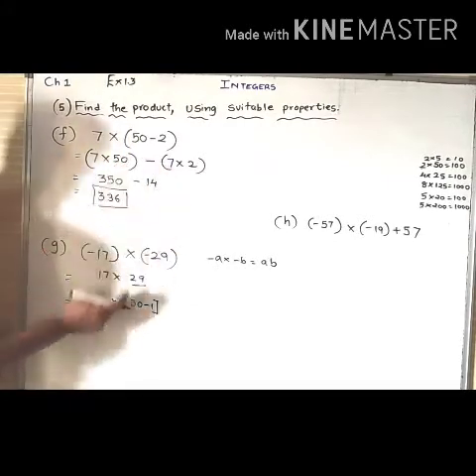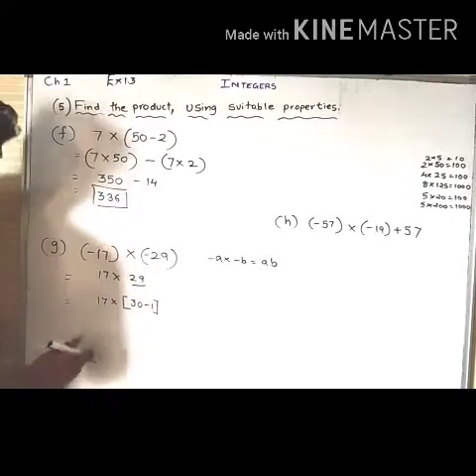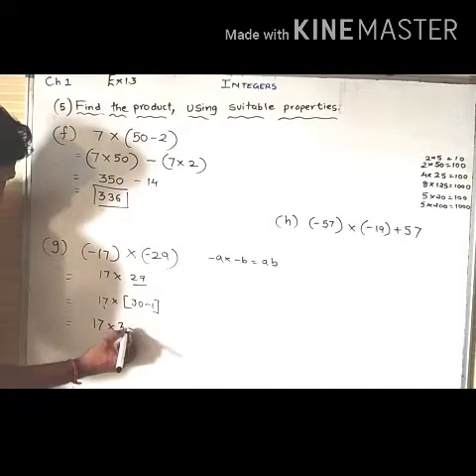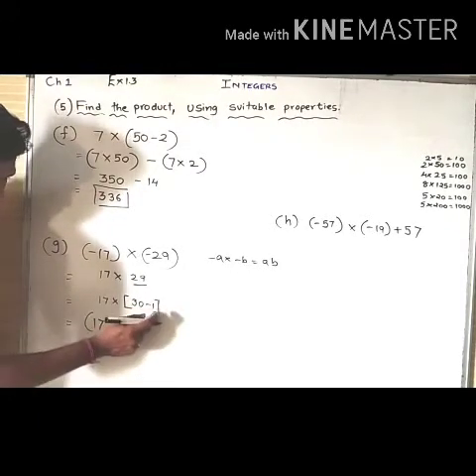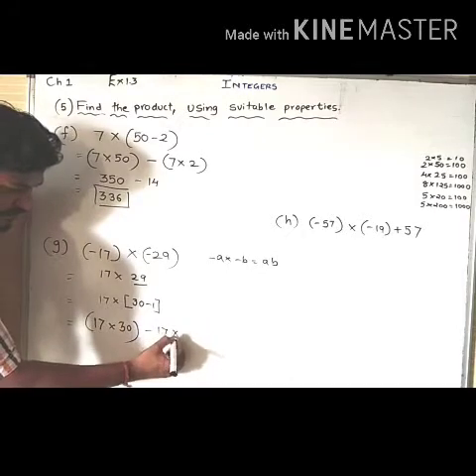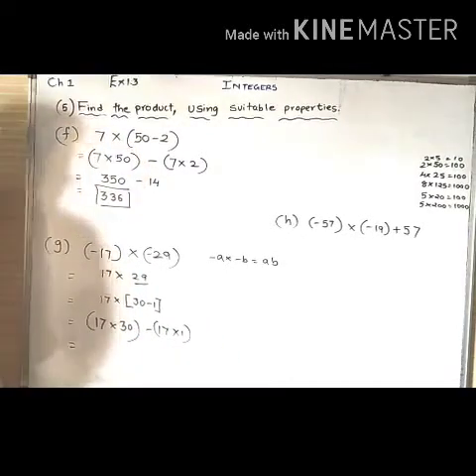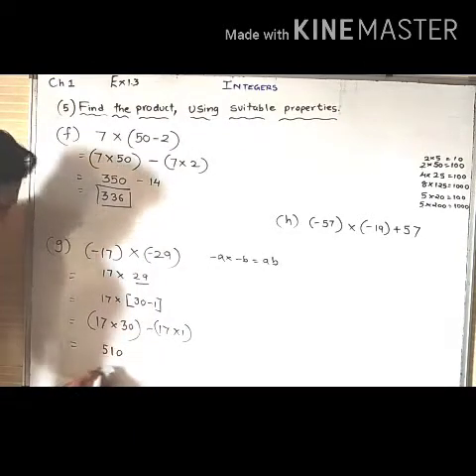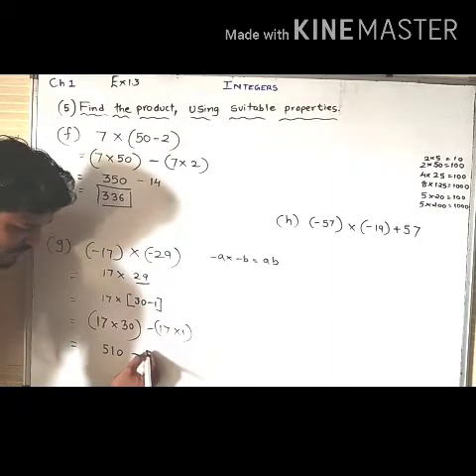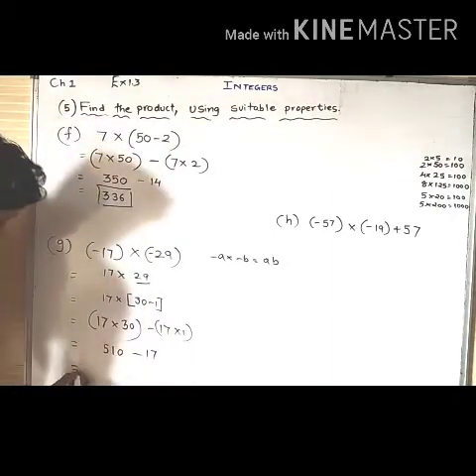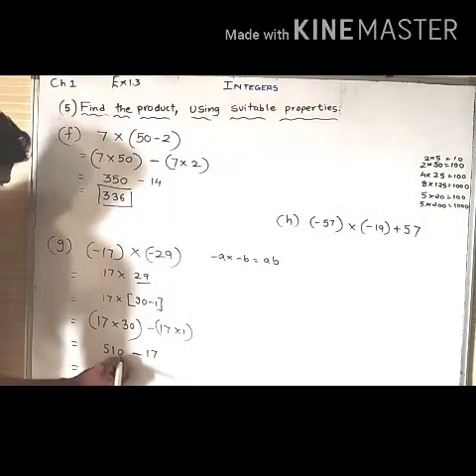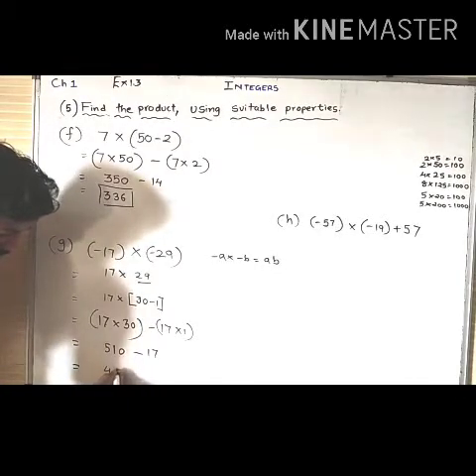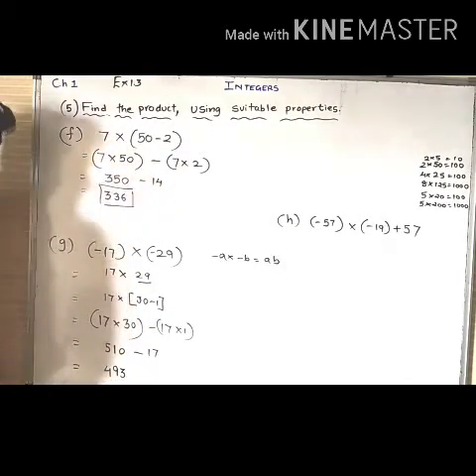Here also the same condition, distributive property for multiplication. Now you have to multiply 17 by 30, then 17 with 1, negative sign over here. 3 sevens are 21, 2 carry, 3 ones are 3 and 5 and 1 0, minus 17 ones are 70. Now do the subtraction. 510 minus 17 is 493.